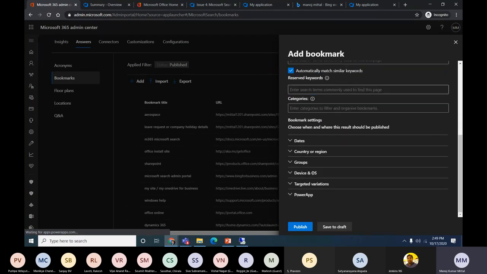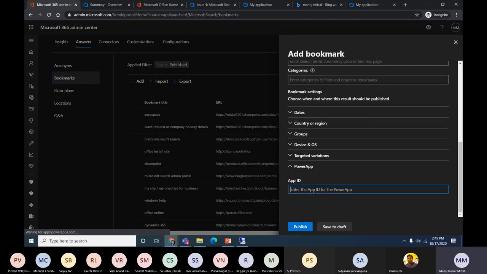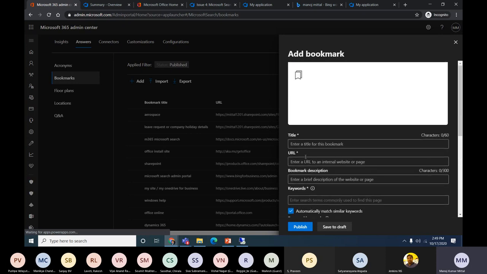Once we define all these sections, if we go to the bottom sections, here we have a Power App. So for the applications in powerapps.microsoft.com, whatever applications we have created and shared with the organization, we can use the app ID here. So as an organization, everyone who is part of our D365 will get a free Power App license, or if an Office 365 user has an assigned license, they can start using such applications here. Once we provide the ID, the app URLs will also start appearing here.